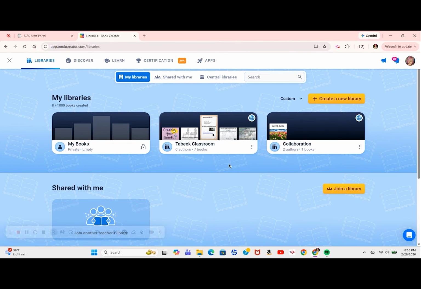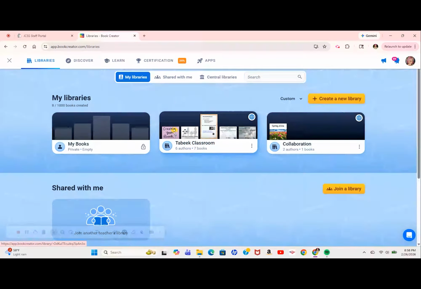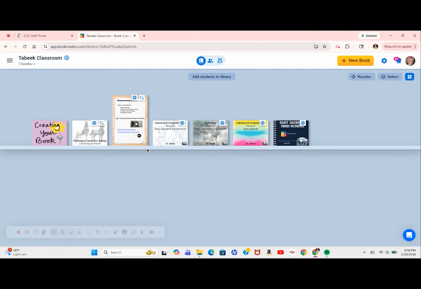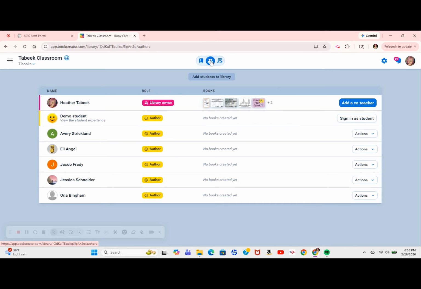But I have put together a book right here that I want to show you guys. And this is my library. You'll be able to see once you get added. I'll just show you how that looks. If I go here and I want to add students to the library,